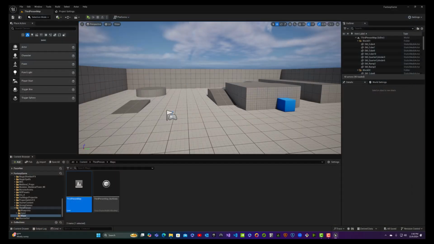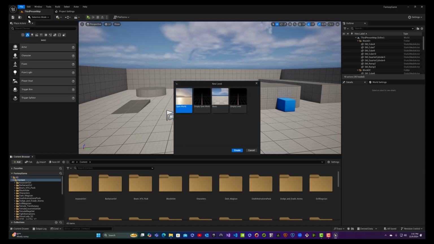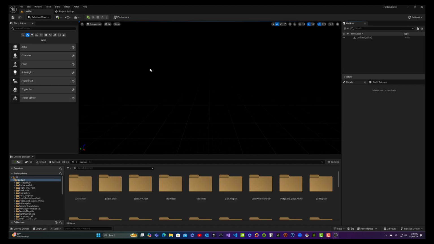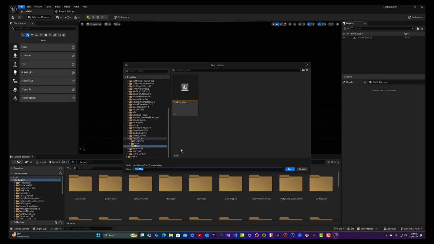All right. So what I'd like to do now is what we were attempting to do in class, but for whatever reason the computer was just crashing. So we'll navigate back to the content directory and go to the File menu and make a new level. Use an empty level and hit Create. And let's begin by doing a save level as, save current level as, and I'm going to call it something like Open World,